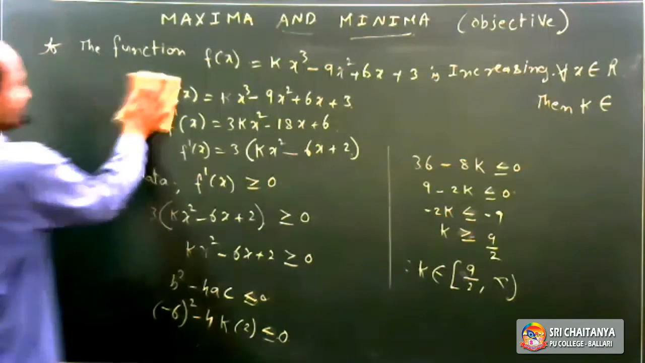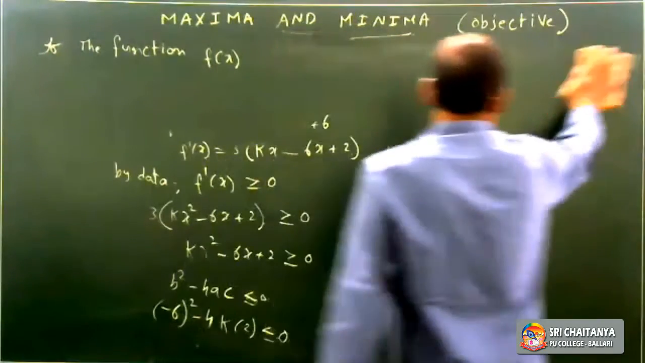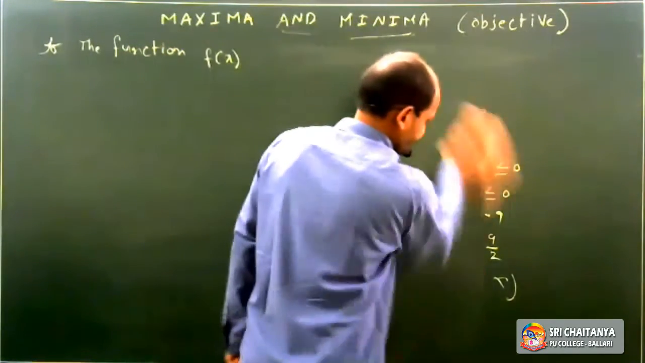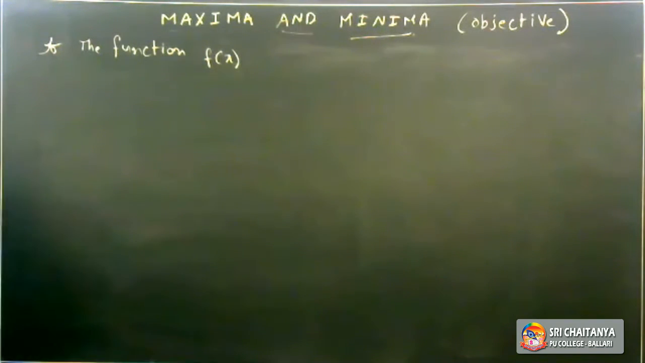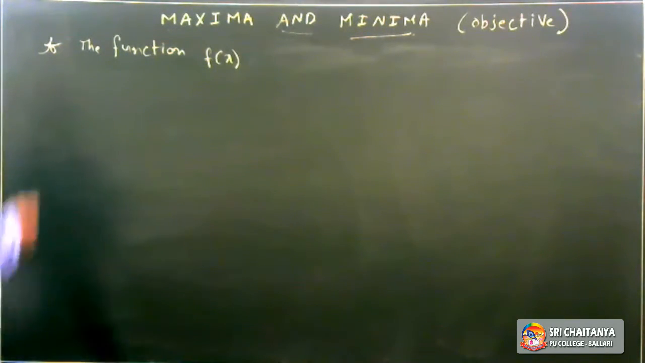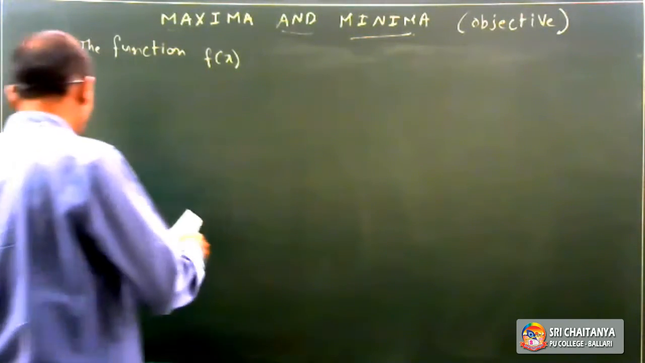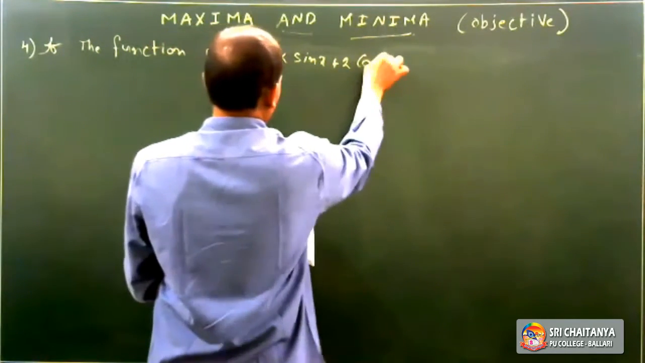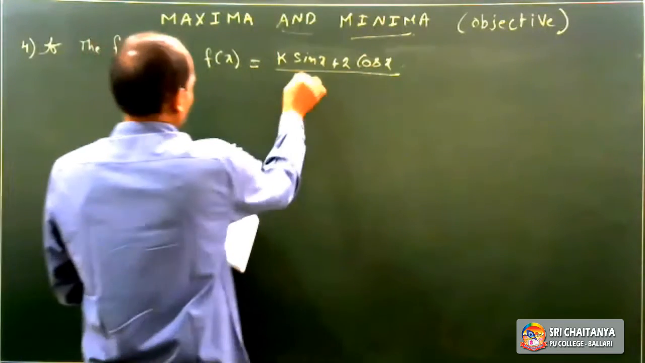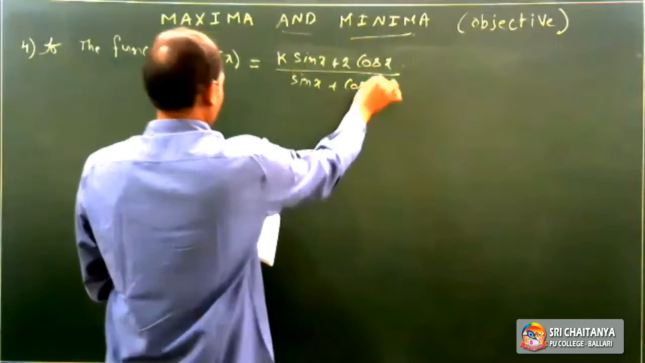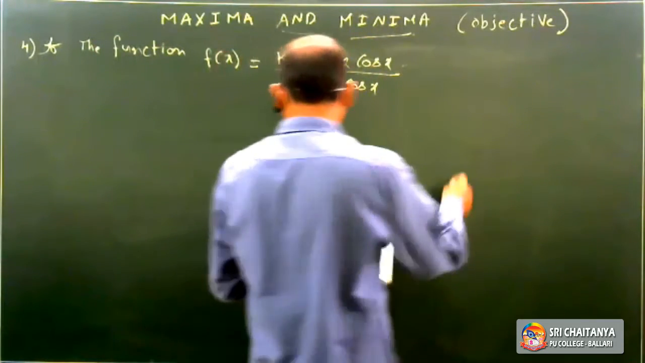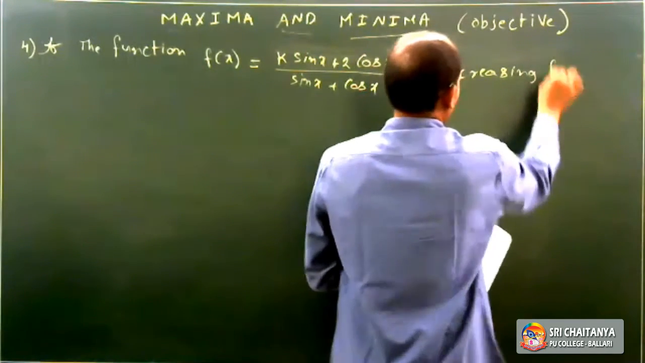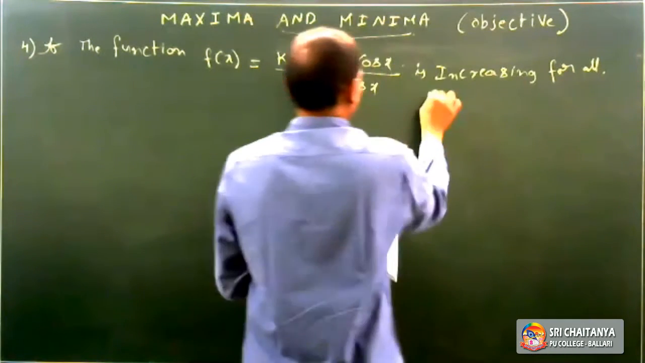Again, write the next fourth question. If the function f of x is equal to k sin x plus 2 cos x divided by sin x plus cos x is increasing for all values of x,